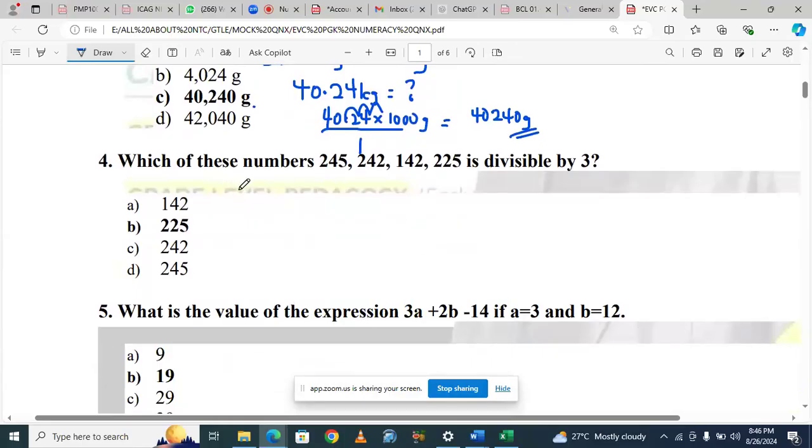Which of these numbers 245, 242, 142, 225 is divisible by 3? So how do you solve this? We divide each number by 3 and see if the